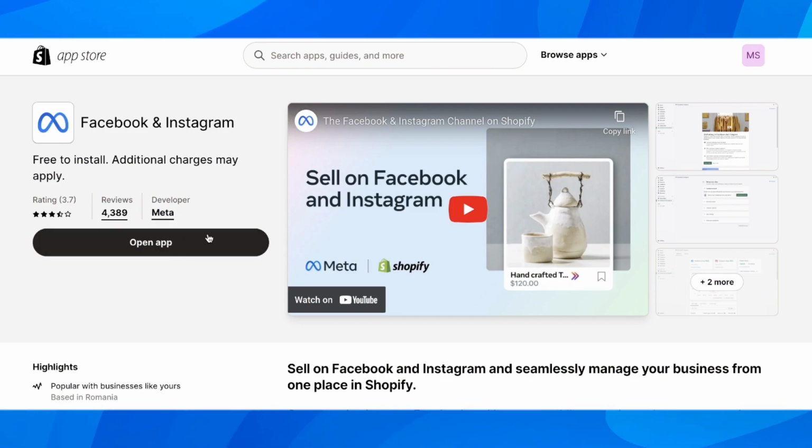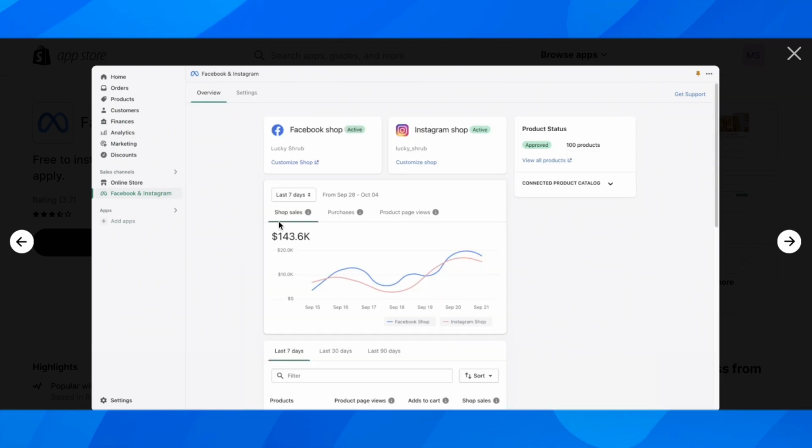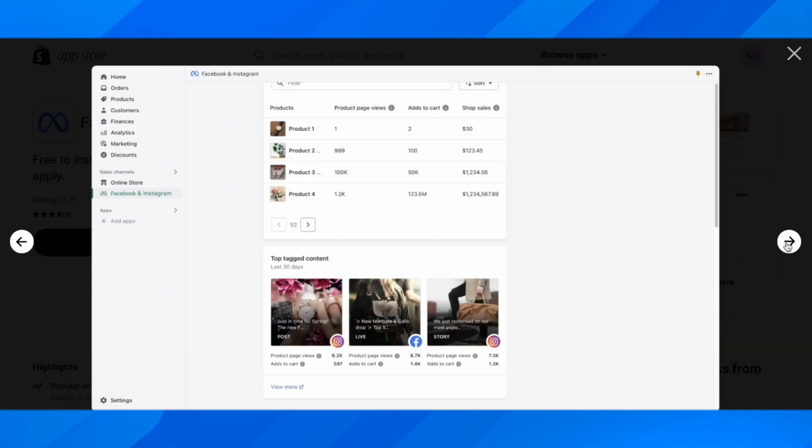After that you'll have to log into your Facebook account, and then Shopify will have to review your account, and they'll have to approve it for you in order to start selling on your Facebook account. As you can see, you have to connect your Facebook account, and then basically click on submit for review, and then Shopify will review, and then you can start selling your Shopify products to your